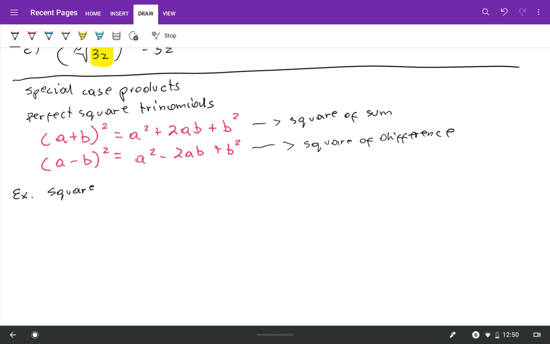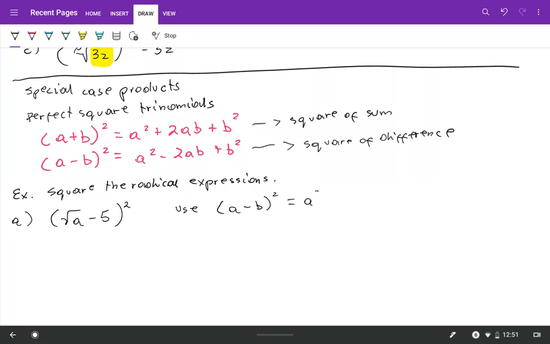So square the radical expressions. Okay. So first one, we're going to have square root of a minus 5 to a second power. So I'm going to use the square of difference formula, which is a minus b squared